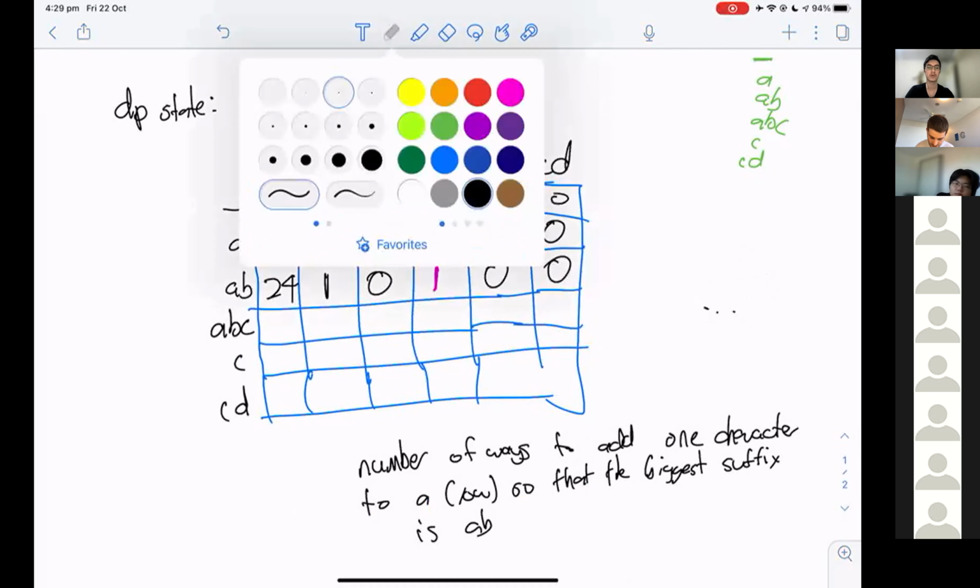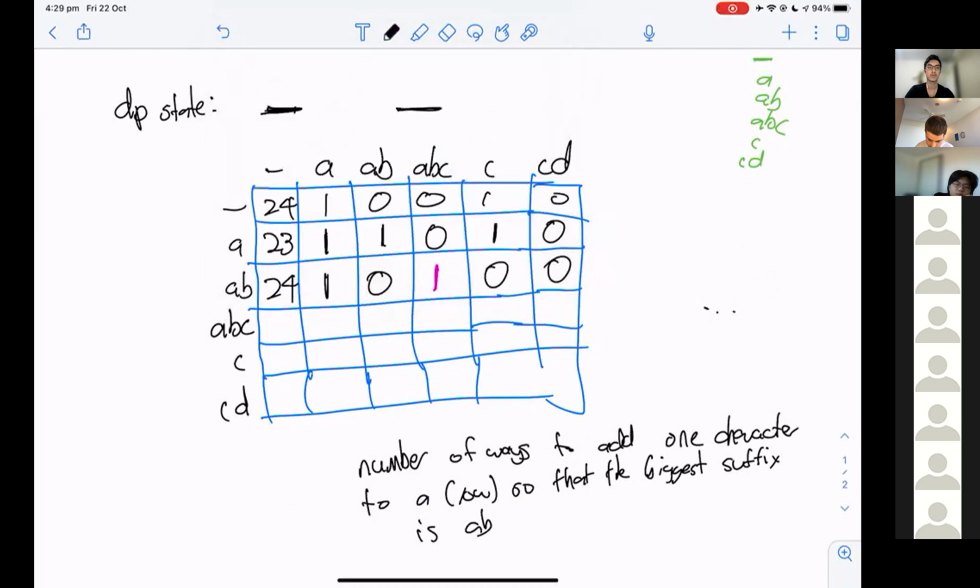ABC, and C to everything would be 1, C to A is 1, 0, 0, 1, 1, so on. Now, the reason why I put the 1 in pink here is I'm going to modify it a bit so that we only put numbers if the resulting string we create is not juicy.